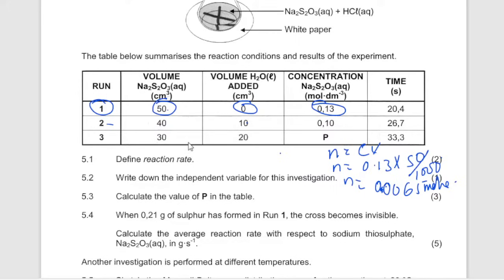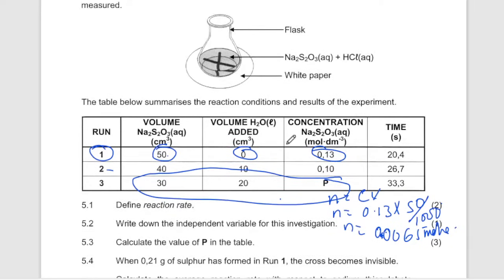I can go to this, or I can use what I've got here and then compare it with what is here. I can use number 2 to prove that my method is correct, but because we have 3 marks, we have to rush to the answer. So in this case, we're going to say